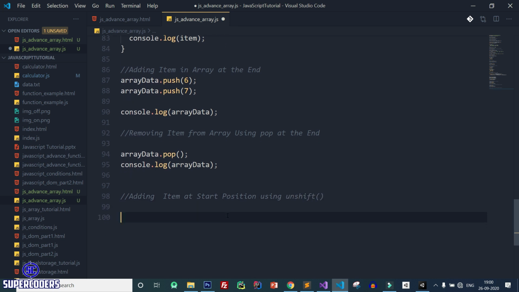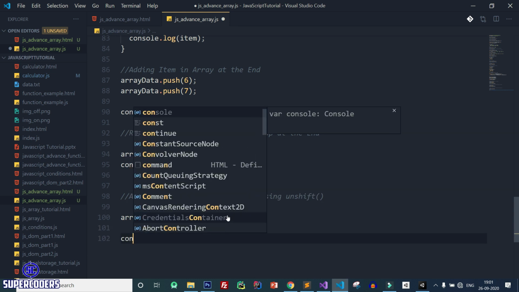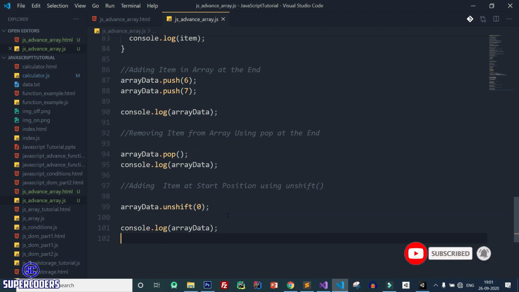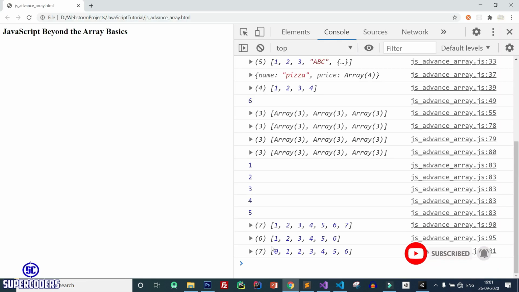So array data dot unshift, and here adding 0. Let's print the array again. So console.log array data, save it, back to Chrome, refresh the page, and you can see 0 has been added at the start of the array. So in this way you can use the unshift method to add an item in the array at the starting position.